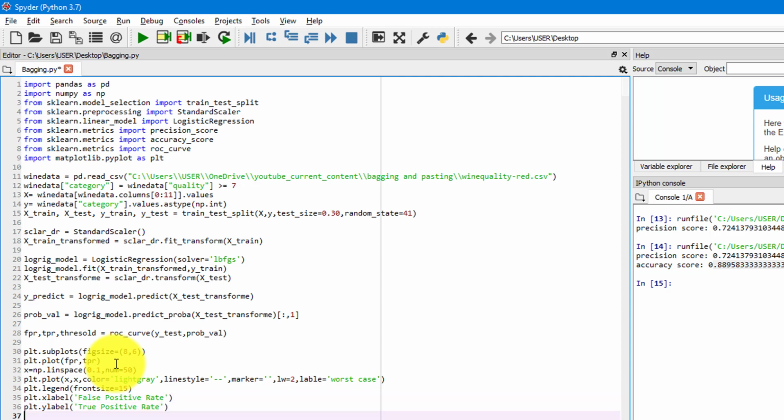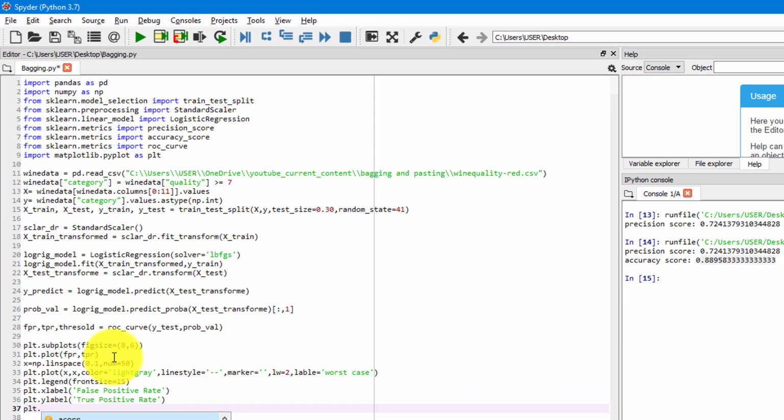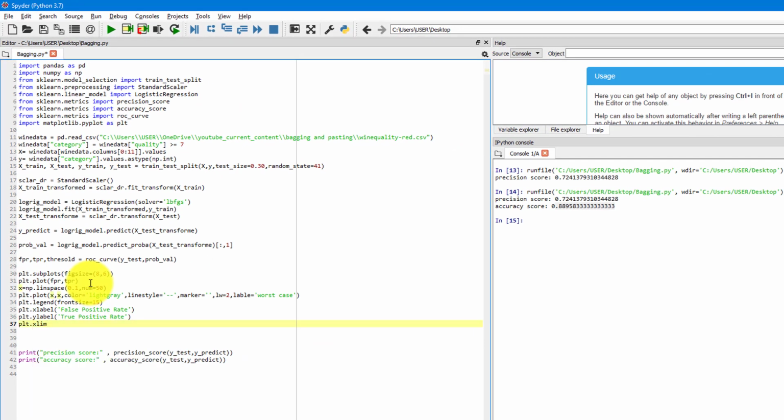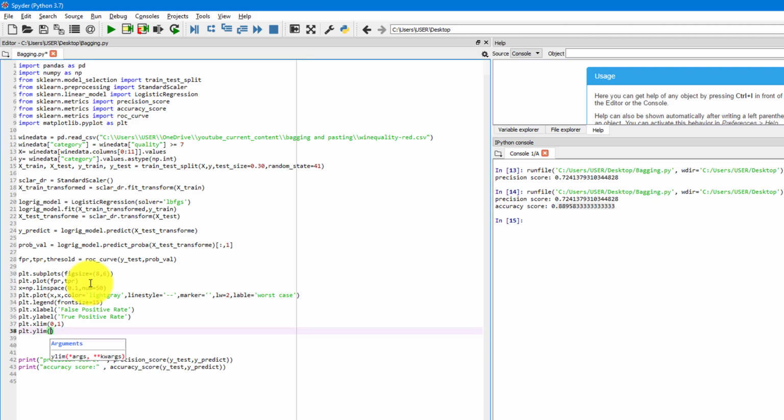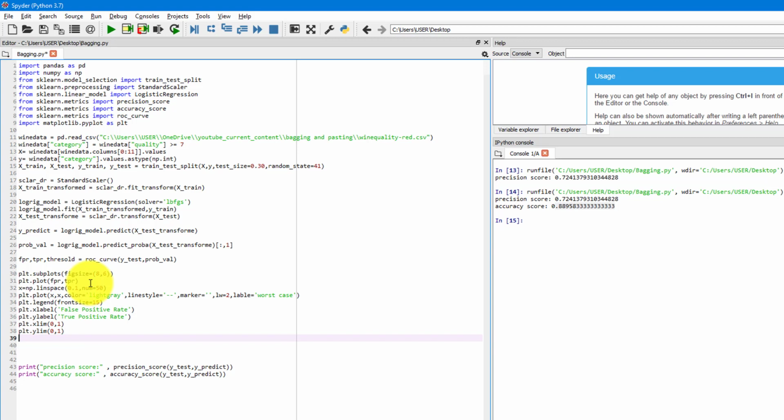Also we will just try to give the x limit and y limit of this plot as well over here, okay, 1, and plt dot y limit is equals to same scaling, okay. Now we will just do the plot dot show over here, okay. So this will basically draw the plot over here. So let's try to see the plot first, then we will see how we can calculate the AUC over here,